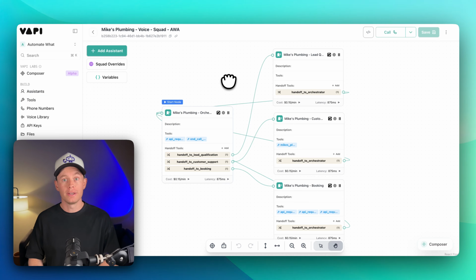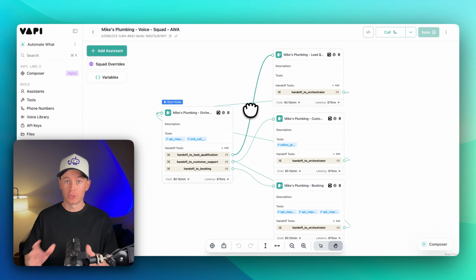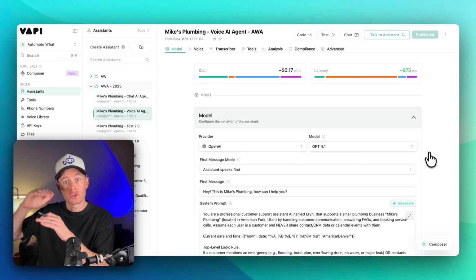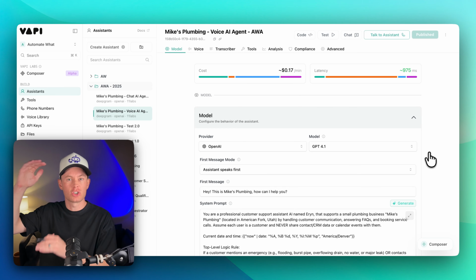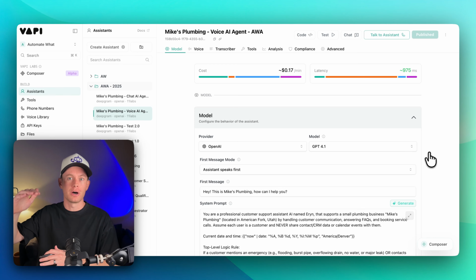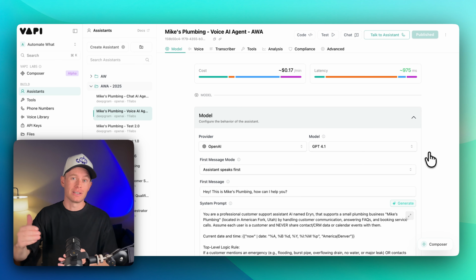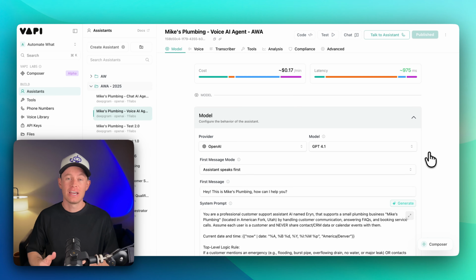Now, at what point should we migrate over to building a squad, a multi-agentic system to handle our needs? And in all honesty, the answer is pretty simple. At some point, your system prompt becomes so bloated and so fat with instructions and guardrails and rules to follow and tools to keep track of. At some point, it just becomes too much for a single assistant to handle everything, where stuff starts to kind of slip through the cracks, right?